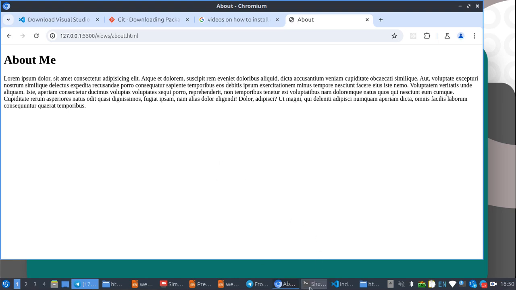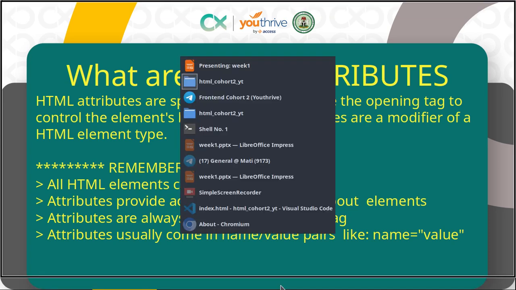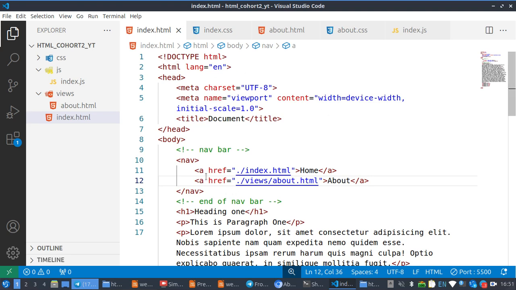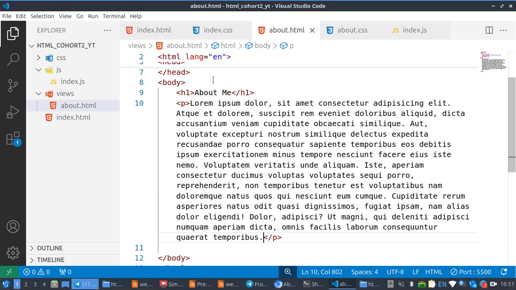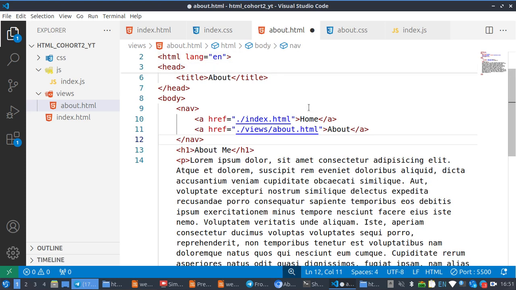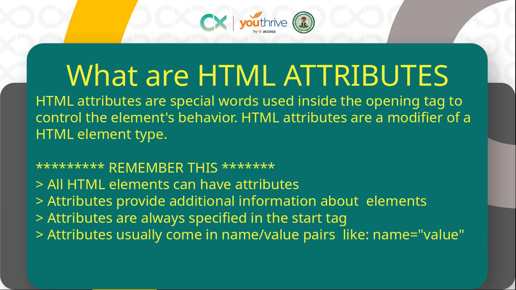So let's implement that. I'm happy with the reply. So let's do that. So let's go to our VS Code. So like the answer, we need to copy this. So I'll do my Ctrl+C. I'll go to my about. Then I'll come to the top here and I paste. Now notice what will happen if I did not change anything. So if I save now, in theory, what will happen is that it will not be showing in my about,